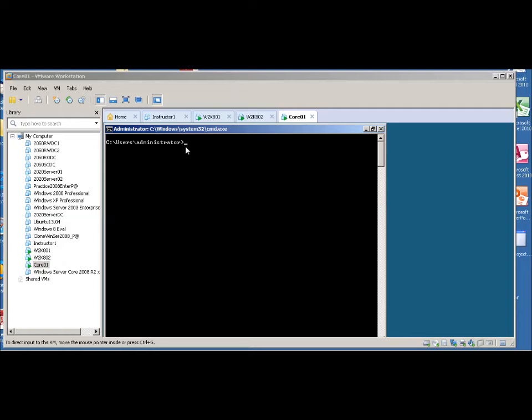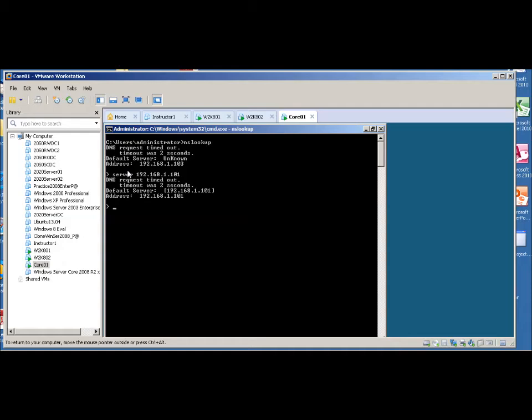So what I want to do now is to check to make sure that our reverse lookup is working. So what I'll do now, I'll enter nslookup and hit the enter key, and we'll be running this interactive. We will make sure that we're using the .103 core server, DNS server, which we are, because it's told us right here. And so what we want to do is look up what the server name is for 192.168.1.101, and it should return that it is